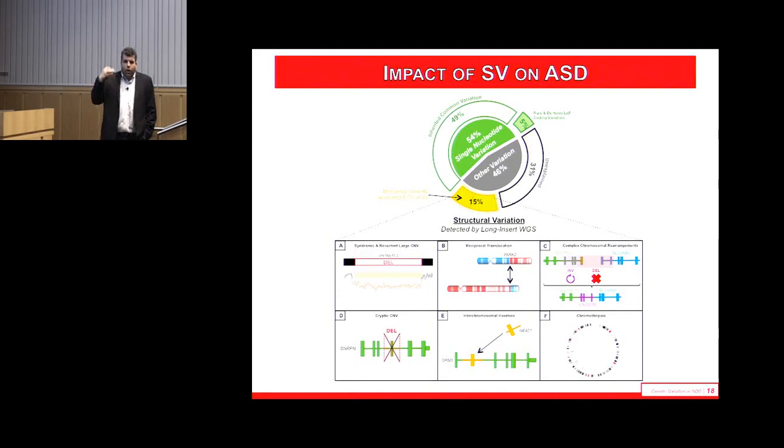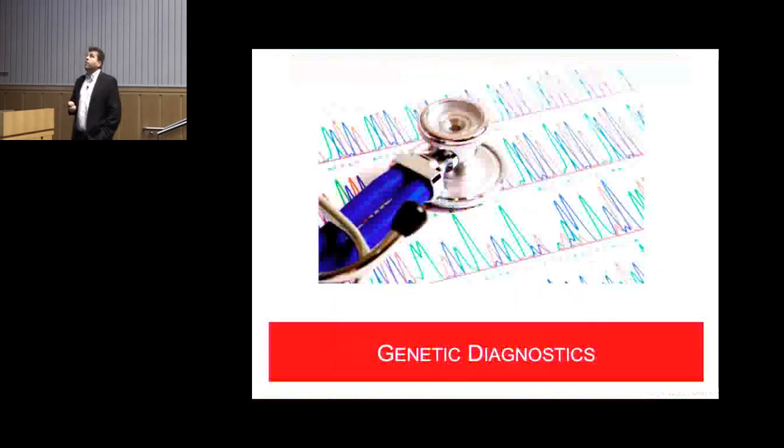We want to now do much larger scale trio analyses, but effectively what we see is small deletions. We actually found reciprocal translocations. We found those complex rearrangements I told you about. We've actually found chromothripsis in the sample, but absent any karyotypic abnormality, so very small variants moving around. We see insertions into genes, and then small cryptic CNVs, all that were missed by previous characterizations by microarray and exome. So if you extend this thought into the clinic, you can make the assumption that as we push exome sequencing and we push microarray, we're still missing a certain proportion of the genetic variance that is quite detectable with our technology right now.